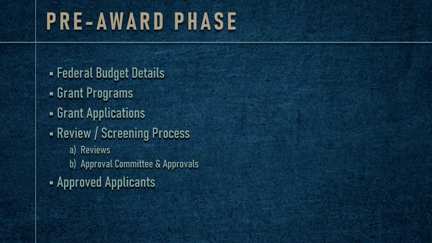And then we have the approval committee comprising various designatories like directors, etc., who will give their approval decisions. Then based on the sum total of the review scores and the approval committee's collective decision, finally an application is either approved or rejected. Last, we have the approved applicants. That is, a list of all the applicants approved for the award will then be consolidated. So this is the pre-award phase.